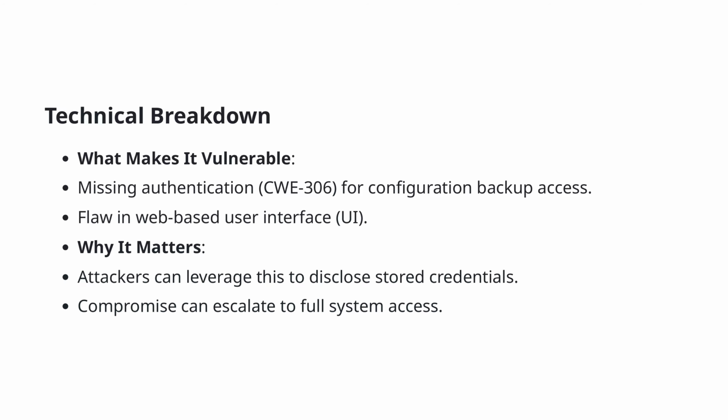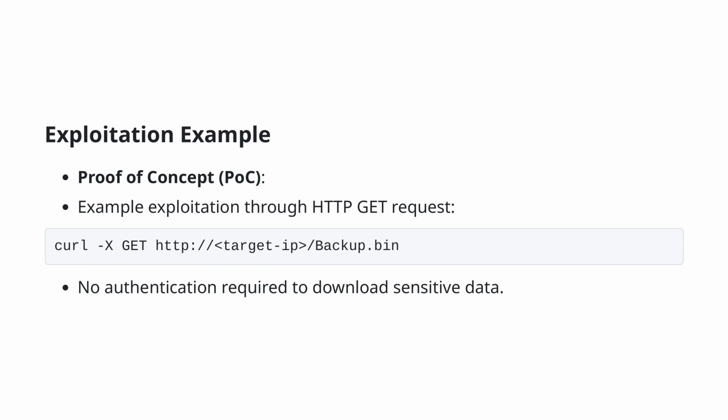On this slide, we're going to discuss an exploitation example to demonstrate the vulnerability in a practical scenario. Here, we provide a proof-of-concept (POC) for how this vulnerability can be exploited using a simple HTTP GET. For instance, an attacker can use the following command with curl to download sensitive data: curl -X GET http://<target IP>/backup.bin. This HTTP GET request allows bypassing any authentication mechanisms entirely and directly accessing configuration backups that may contain critical